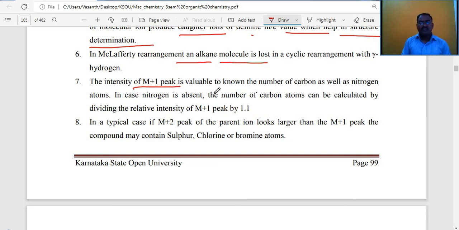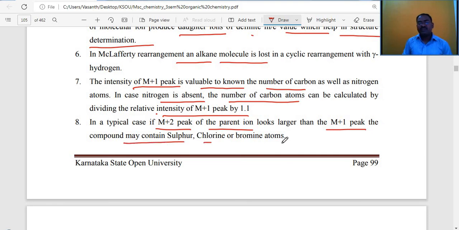The intensity of M+1 peaks is valuable to know the number of carbon atoms as well as nitrogen atoms. If nitrogen is absent, the number of carbon atoms can be calculated by dividing the relative intensity of the M+1 peak by 1.1. In the typical case where the M+2 peak of the parent ion looks larger than the M+1 peak,